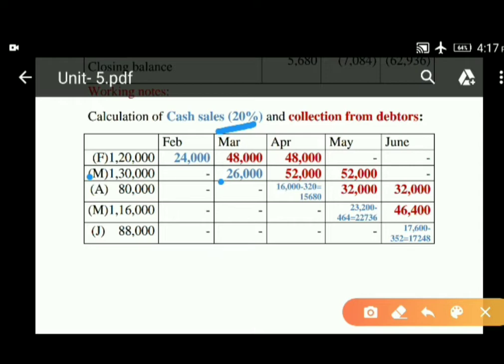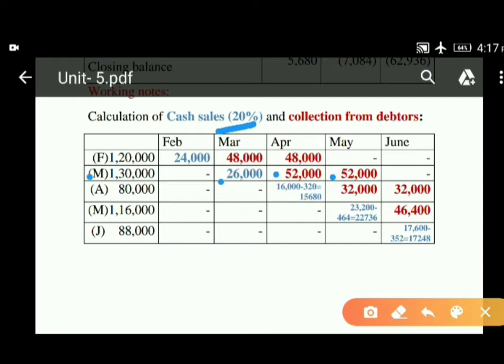Okay, so what are the credit sales? So here the cash sales are 26,000. So here the credit sales will be 1,04,000. So 1,30,000 నుంచి 26,000 పోతే ఎంత 1,04,000. So this 1,04,000 will be collected equally in the next 2 subsequent months. So మార్చ్కి నెక్స్ట్ 2 months ఏంటి ఏప్రిల్ అండ్ మే. సో 1,04,000ని 50% ఎంత 52,000 అండ్ రిమైనింగ్ 50% ఎంత 52,000. సో 52,000 in the month of April, remaining 52,000 in the month of May.